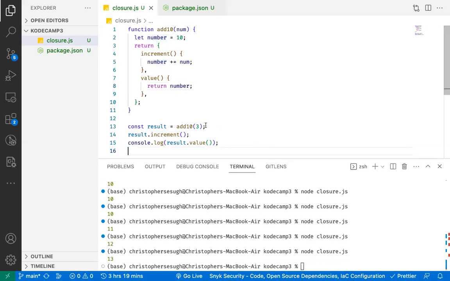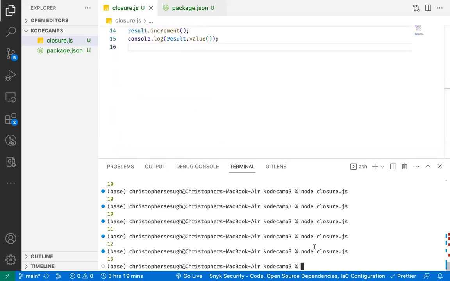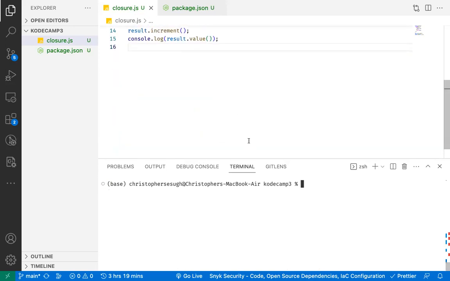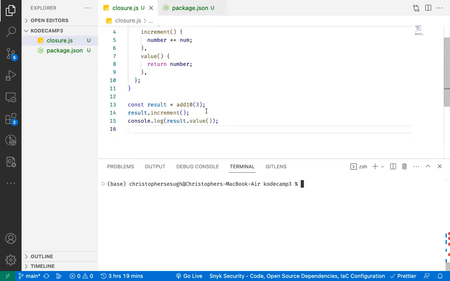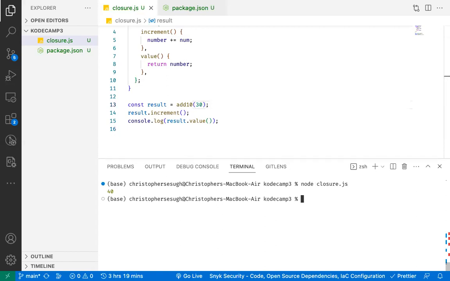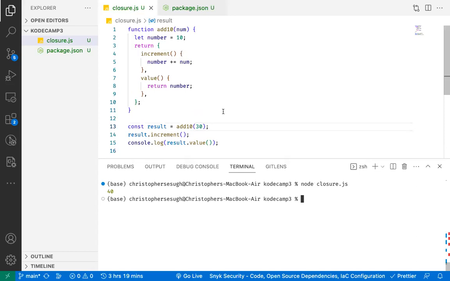We're passing an argument of 3 here, and we're adding the 3 to the initial number, which is 10. So if you add 3 to 10, we'll get the result of 13. So you can pass any value you wish to pass. You can pass 30 and execute this function, and you get 40. 30 plus 10 will give you 40. So actually, the user will not know